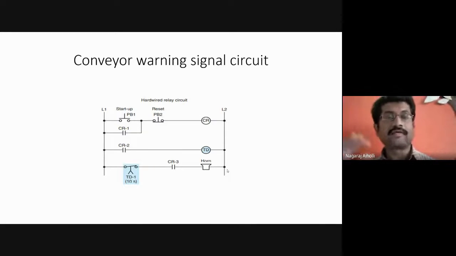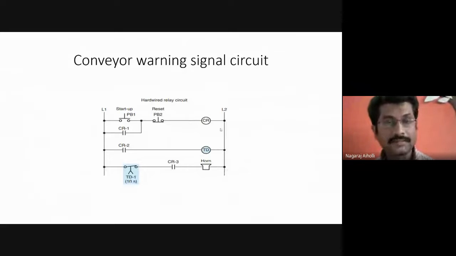The conveyor belt starts to move when the motor is in the on state. Correct? Then once the motor is about to be started, say after 5 or 10 seconds, a horn or an alarm goes, indicating the warning signal that the conveyor belt is about to rotate or the motor is about to be started.